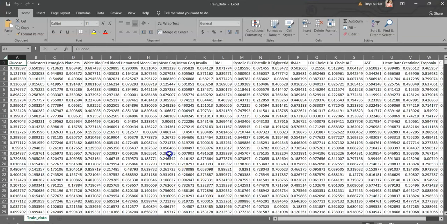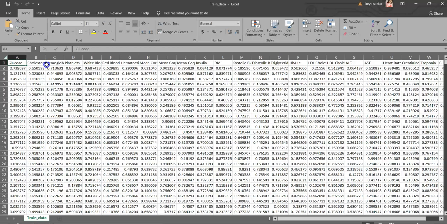So this is my training data, which includes glucose, the level of glucose in the body cells or the blood.